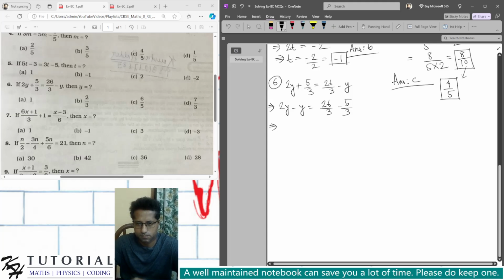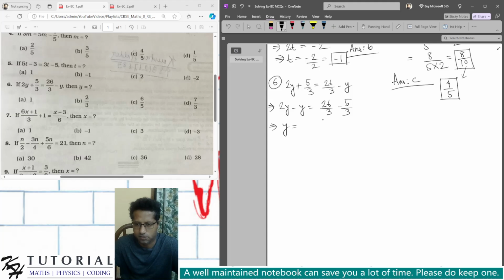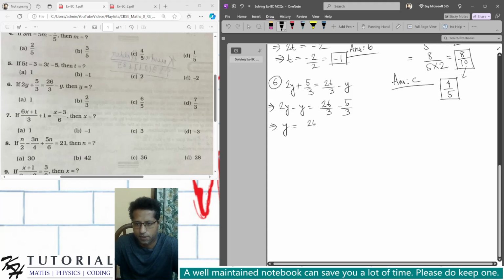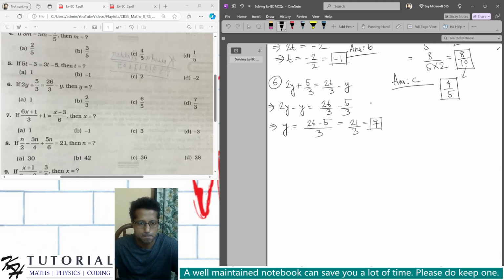This implies, after simplifying the LHS and RHS, we get y is equal to the difference of two rational numbers having the same denominator. So it will be 26 minus 5 by 3, which is 21 by 3, which is equal to 7. So the solution of the given equation is 7, and hence